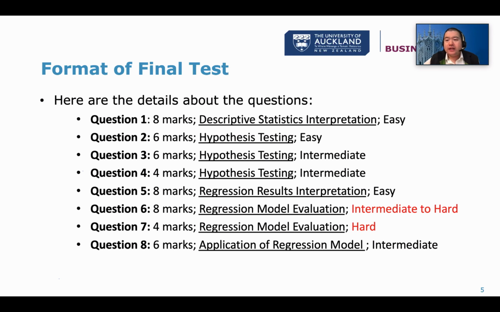Question 6 and 7, these are all regression model evaluations. Which means, is the model good, or is the model valid, right? If the model is valid, then we have to see if the model is good enough, right? For example, if the model has a very high explanatory power, or an acceptable R square or adjusted R square. This is what I mean by evaluation. So these 2 questions are based on your very good understanding. So question 6 I think